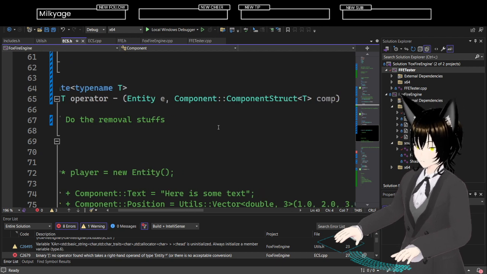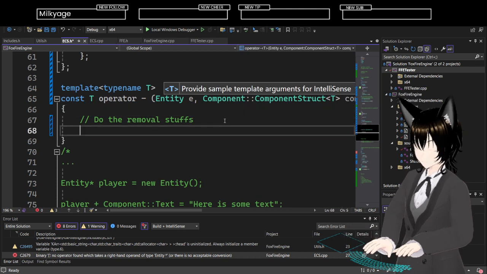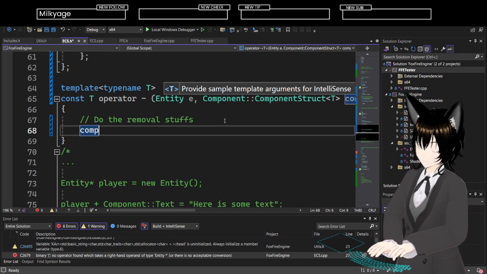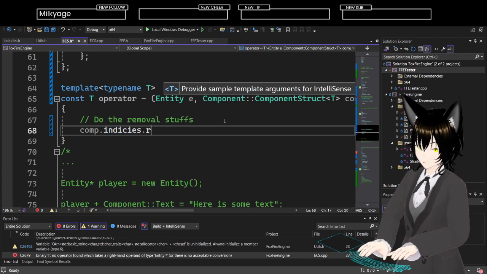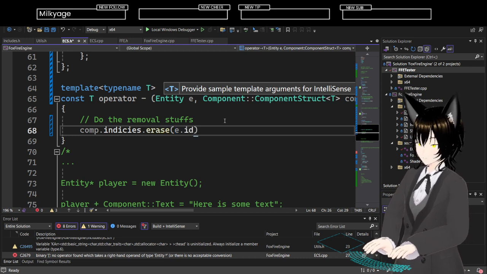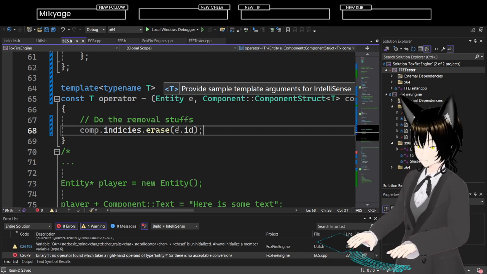What is this operation going to look like? Well, for one, we need to call components.indices.from.erase with the ID. I need to erase the ID.